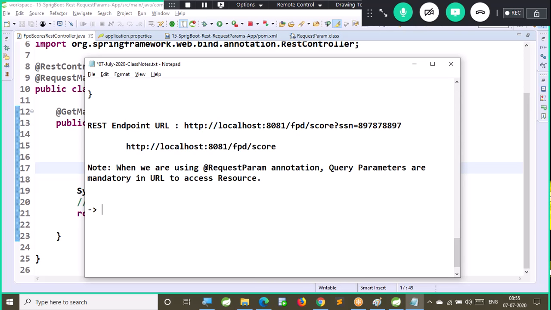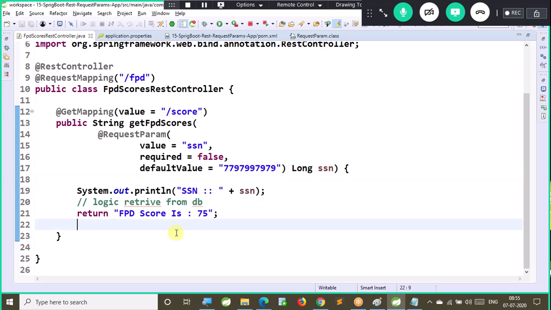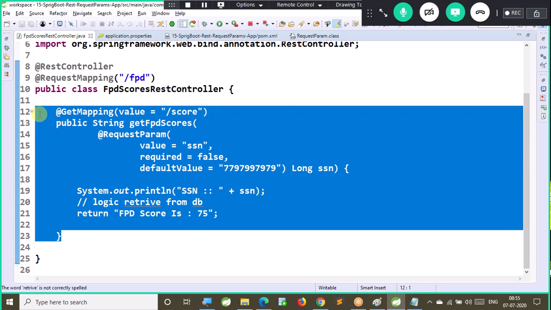We can make query parameters optional using the below approach.